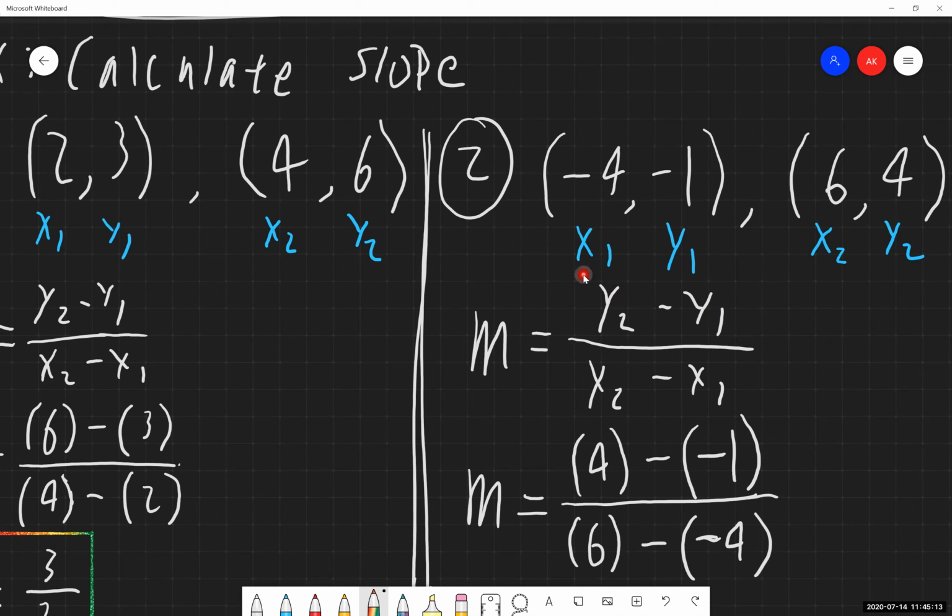So keep your work organized, keep your work labeled. It takes all the guesswork out of it if you do this little bit of prep work for yourself. Because then you're just plugging it in and then just solving it, and heck, you can have your calculator do a lot of that work for you. So a little bit of organization goes a very, very long way with these problems.